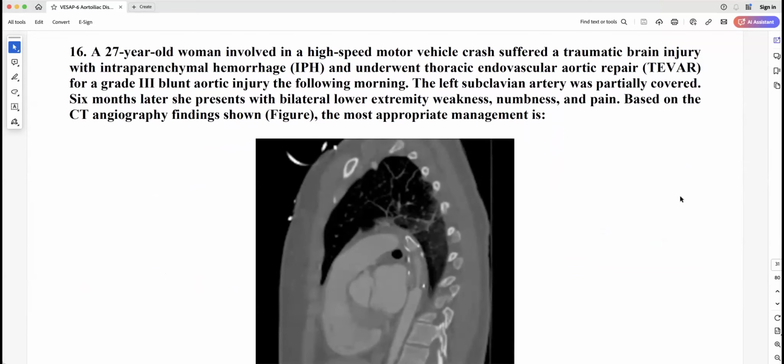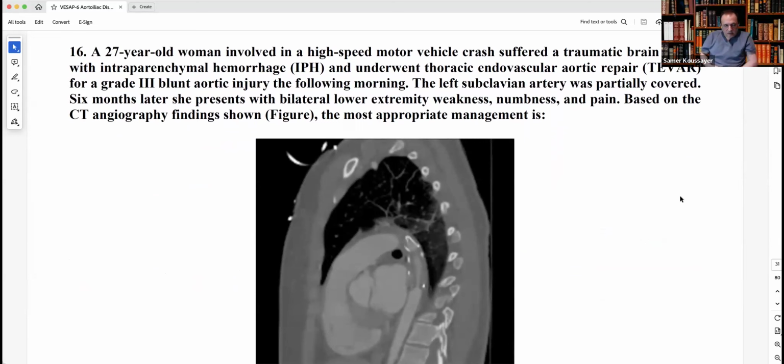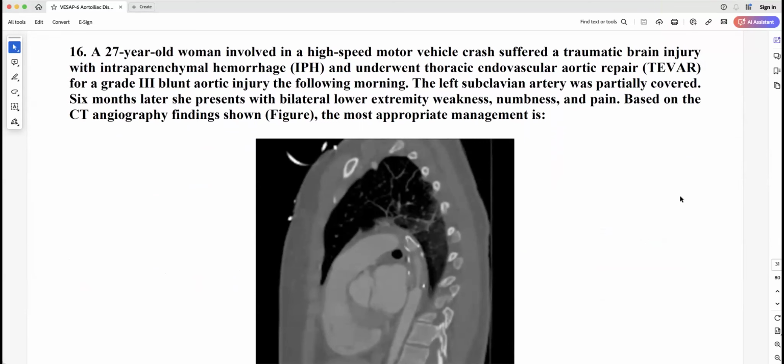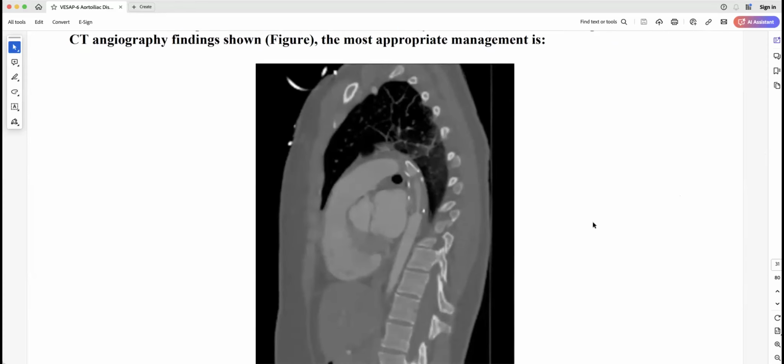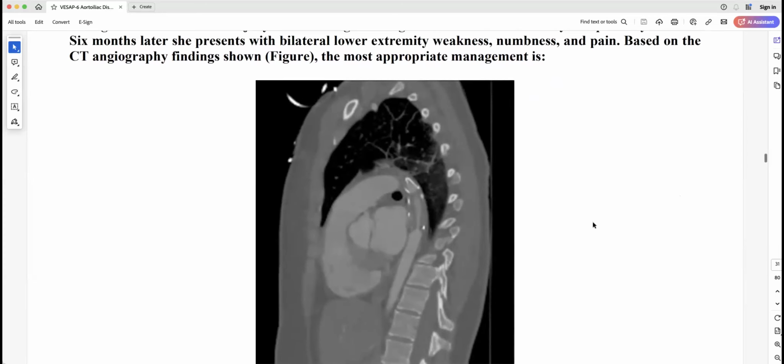Oh, okay. All right. A 27-year-old woman involved in a high-speed motor vehicle crash suffered a traumatic brain injury with intraparenchymal hemorrhage and underwent thoracic endovascular aortic repair (TEVAR) for a grade 3 blunt aortic injury. The following morning, the left subclavian artery was partially covered. 6 months later, she presents with bilateral lower extremity weakness, numbness, and pain. Based on the CT angiography findings in the figure, the most appropriate management is